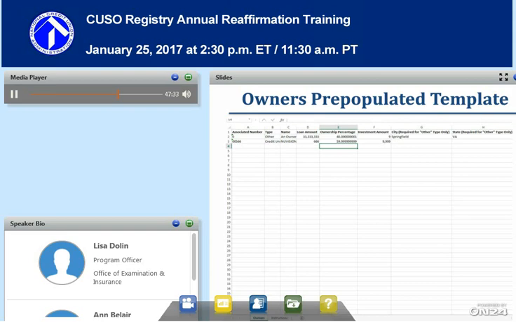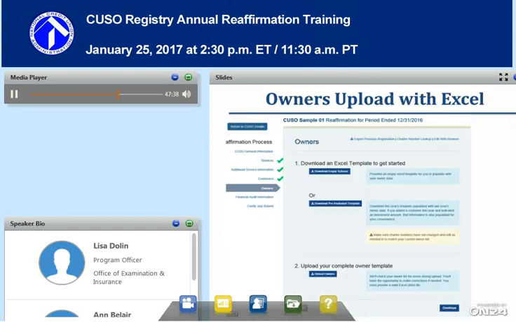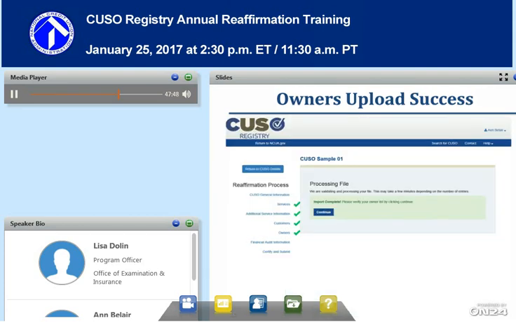So once we've saved our Excel file, it's ready to go. I'm going to go to step number 2, and I'm going to upload. And just like customers, if there was an error, you would get a red file. If it's a very large file, you may get a message that says, please wait, processing, and then once you've had success, you will see the green success message. So now that our owners are successfully uploaded,